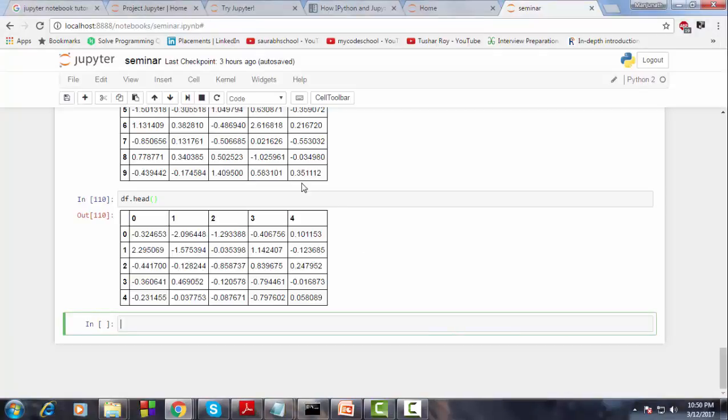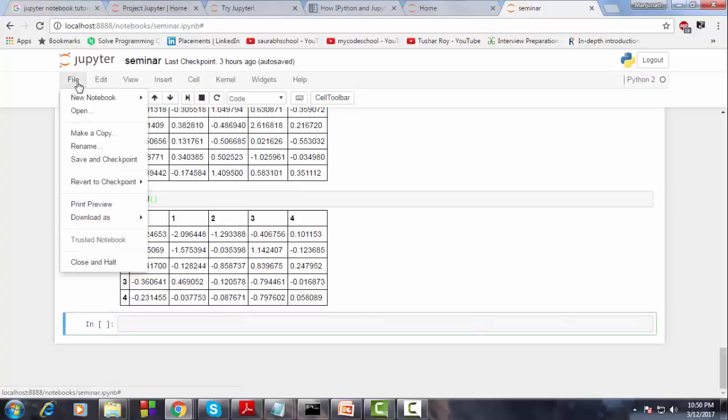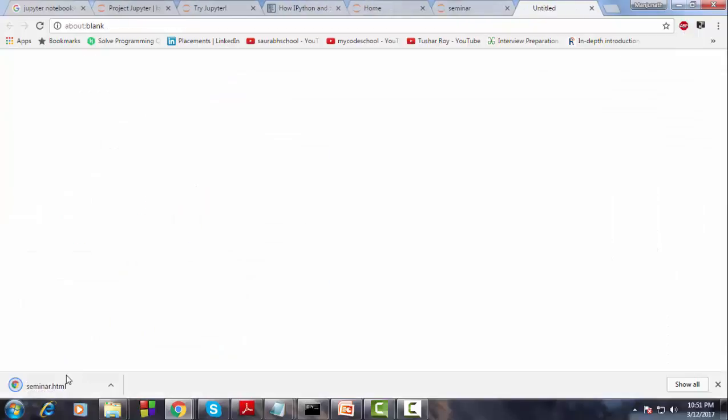Jupyter also provides you with a feature to download this file and export it. So go to file and download, as you can download it as a Python file or an HTML file or a markdown file. So even as a PDF file you can also download. So let's go ahead and click on HTML. So the HTML file has been downloaded, the seminar.html,